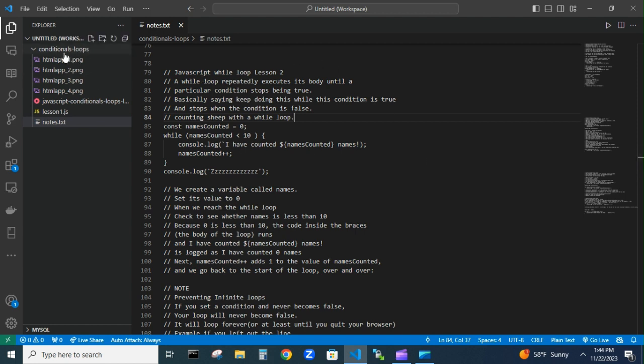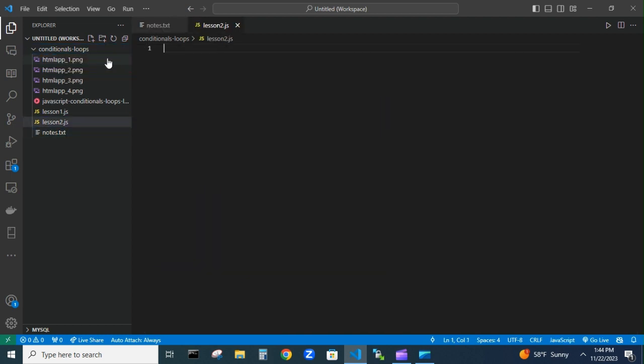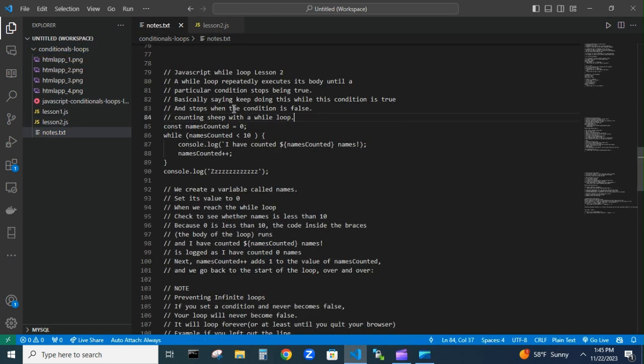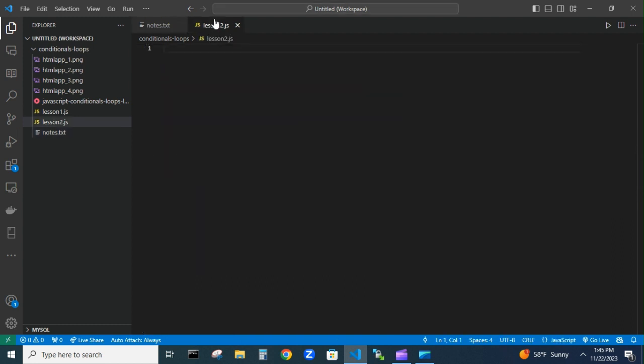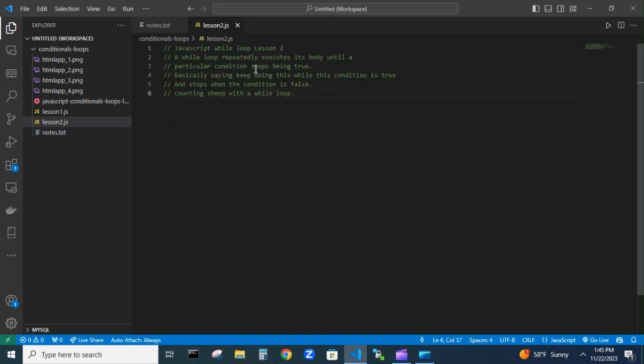So I will go here and create a new file, call it lesson 2. In that file, I'll just highlight first what I'll be looking for. So in JavaScript, we're going to be looking at the JavaScript while loop, lesson 2, and basically